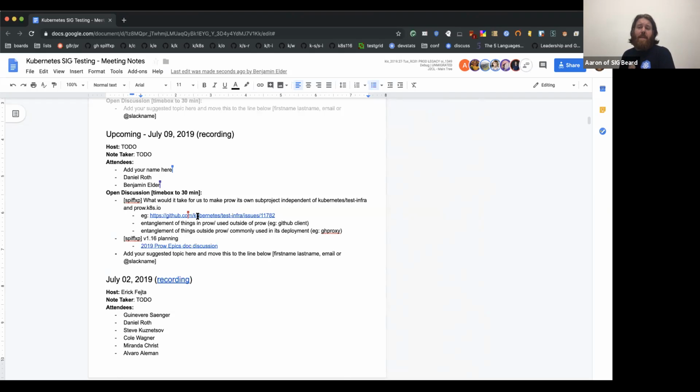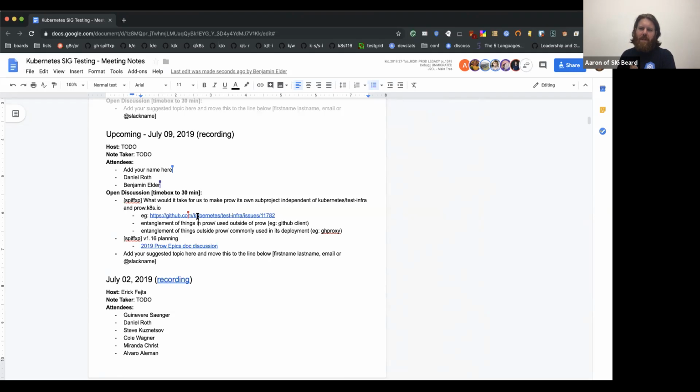That's very true. GH proxy is not included in the starter deployment. As far as I know, I used Tackle to set up an instance of Prow, and I didn't get GH proxy for free with all of that. So if I want to add GH proxy, I'm going to have to manually create the cluster files that add that to my setup, and that's fine. I just feel like